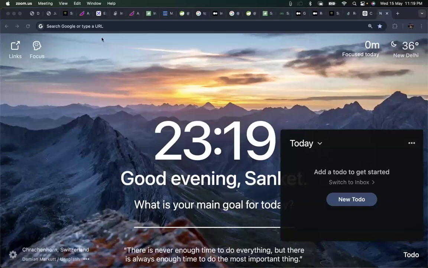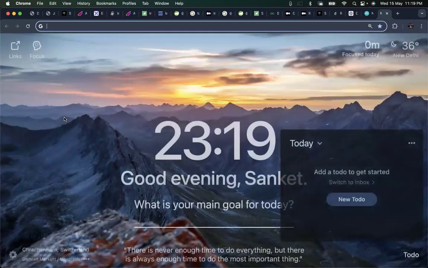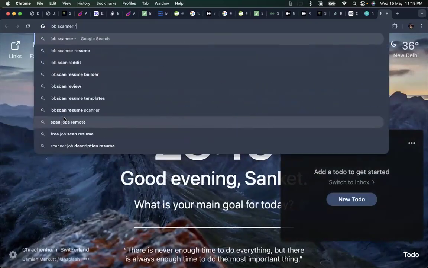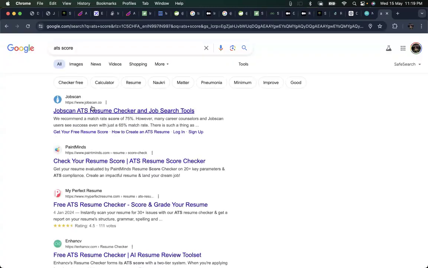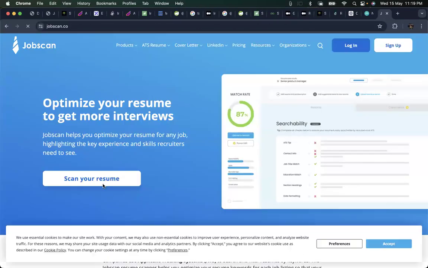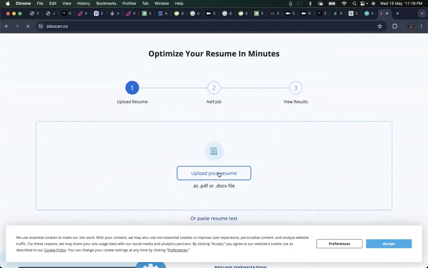तुम लोग कहाँ चेक करते हो? जॉब स्कैन है, resume.io है। फ्री वाला बताओ। सर, फ्री वाला ही, उसमें जॉब स्कैनर है, उसमें स्कोर बता देता है। या फिर ATS स्कोर इस टाइप का करके लिखते हैं तो सर इसका बहुत सारा आ जाता है। स्कैन योर रिज्यूमे। ले भाई।